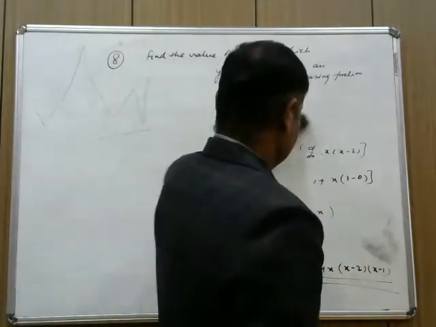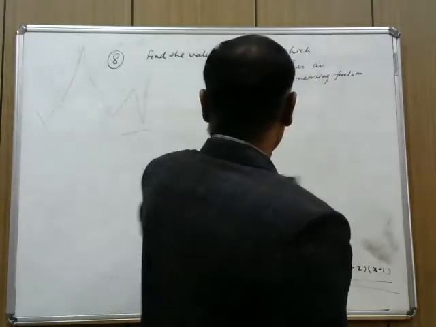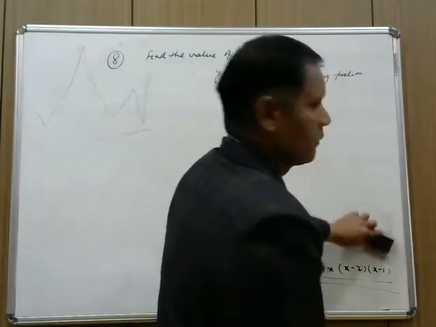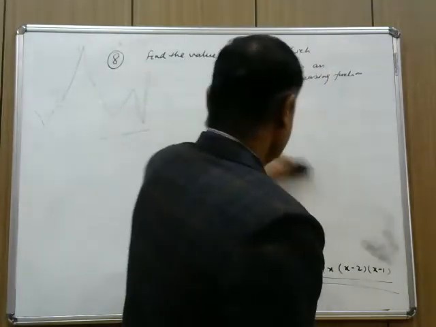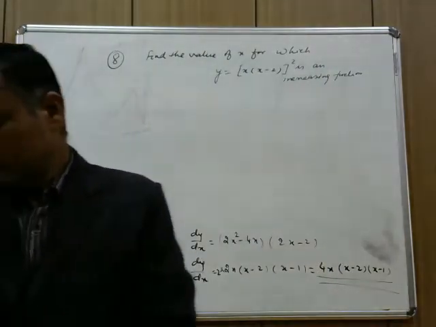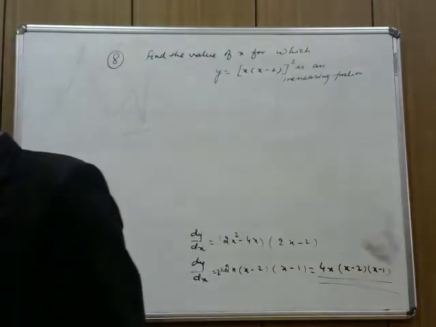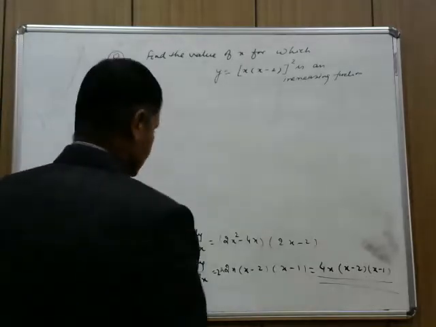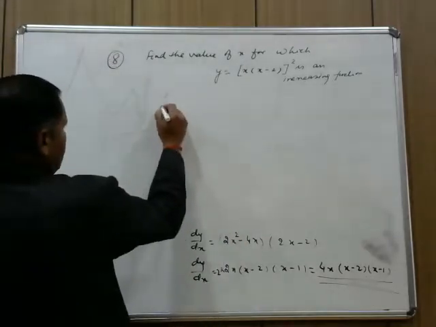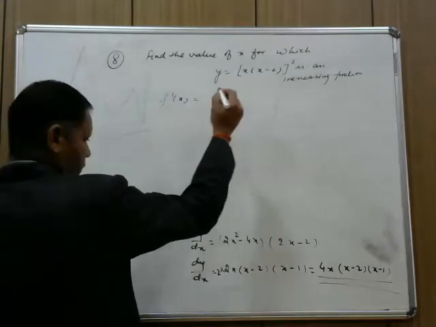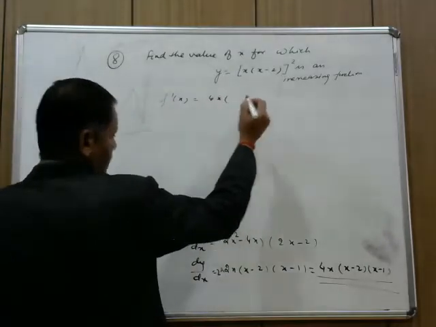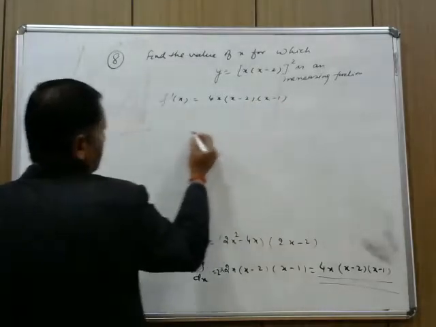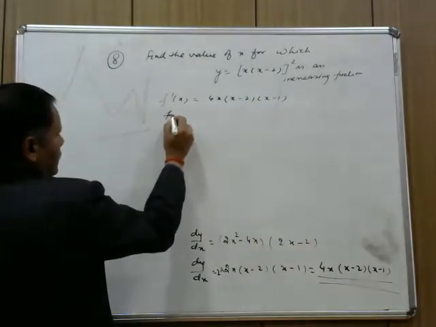Yesterday, if you remember, we discussed that there are 2 ways to solve it, right? So now in the first method we will write the critical points. Here we have f dash of x equal to 4x into x minus 2 into x minus 1. And therefore,